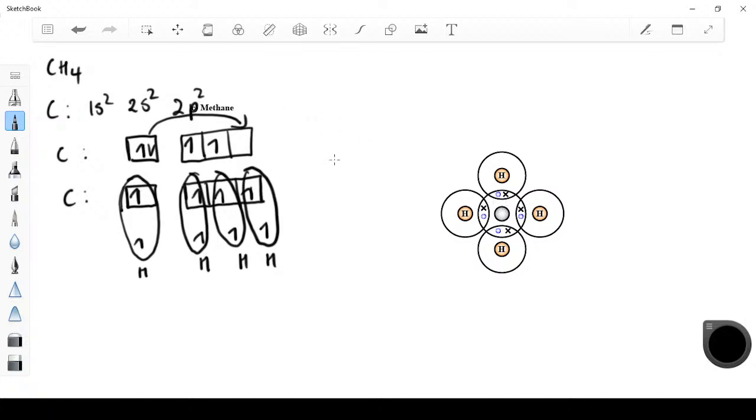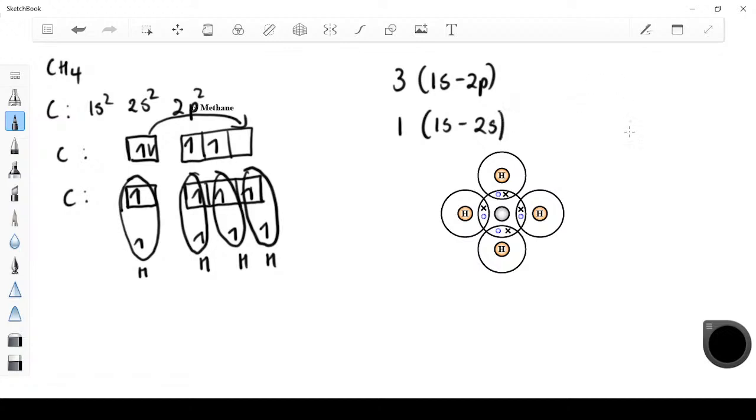What's the problem here? Now, if you look closely, what we have is three 1s 2p bonds and one 1s 2s